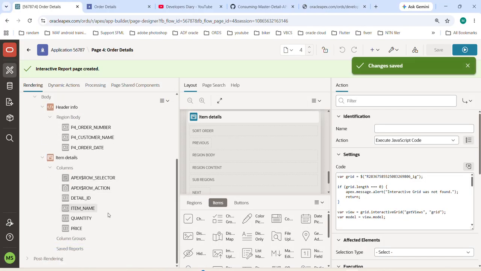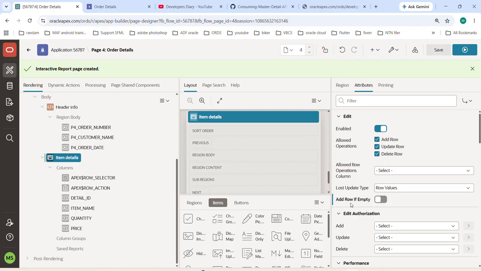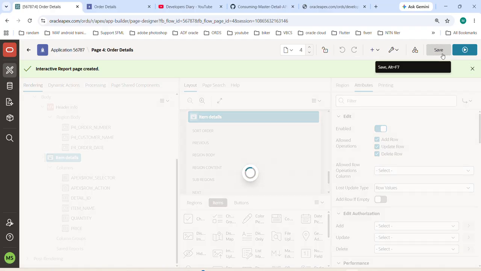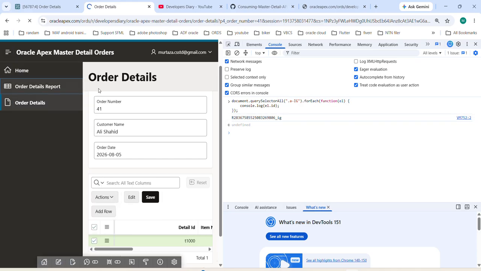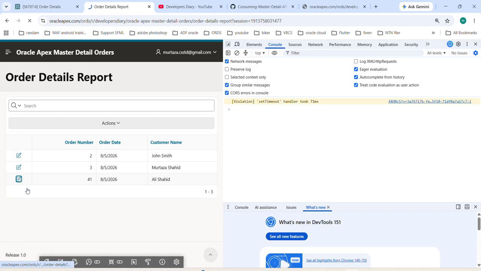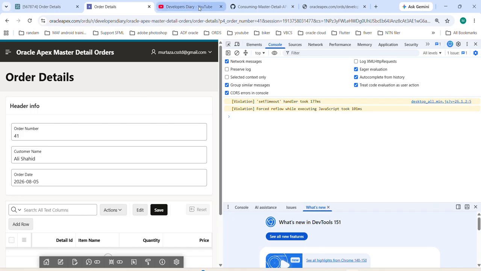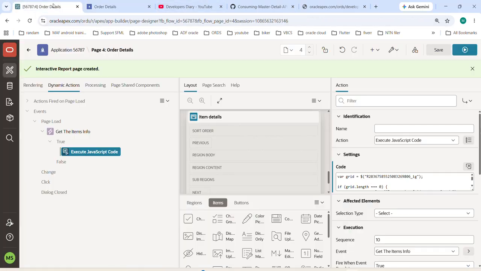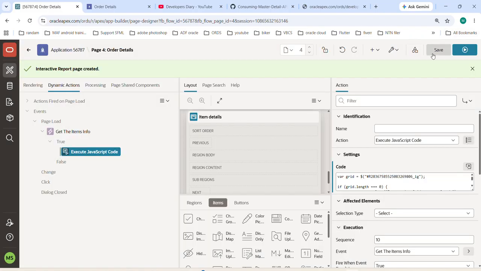go to the item detail, and one thing that we have to do is to add row if empty. Unmark this, check, and go back to the report and select this. Thing that we have missed here is to add the hashtag before this code. So click OK, click save,